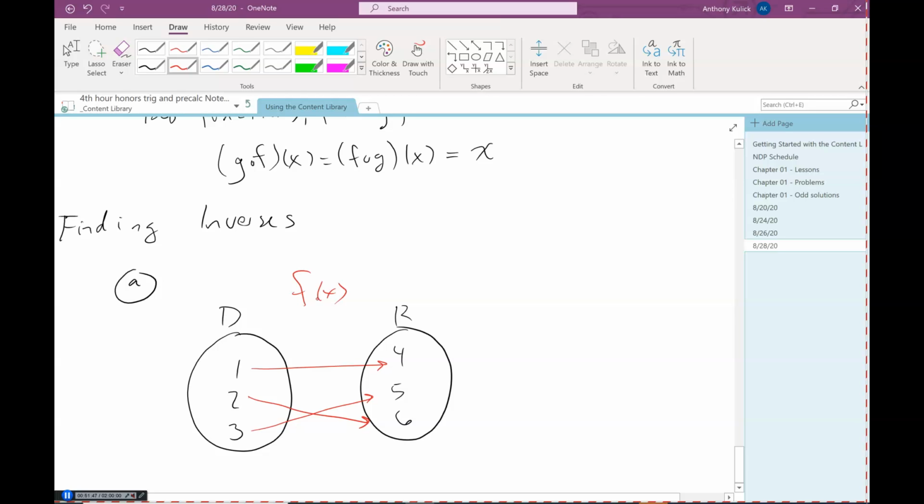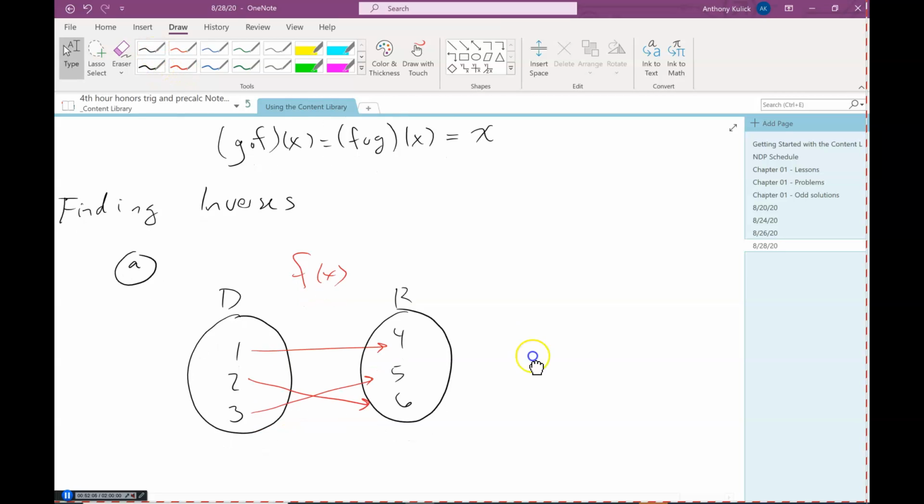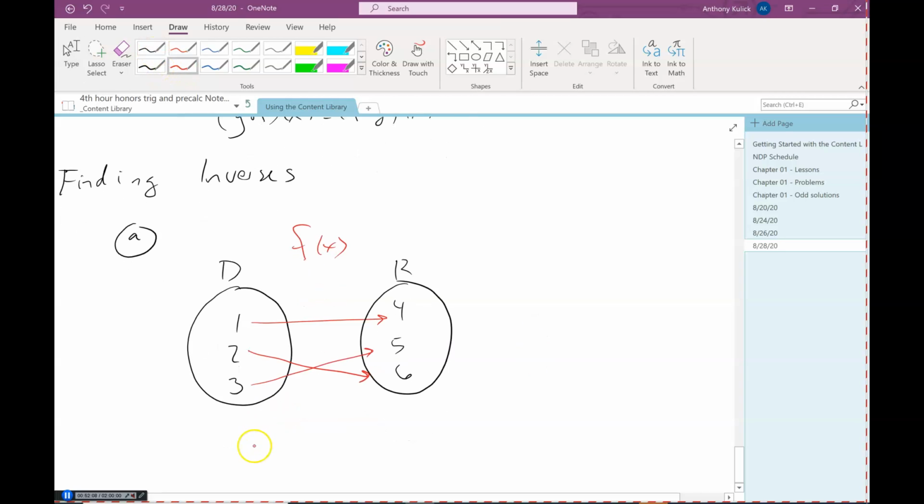Number one, quickly, how can I look at this mapping diagram and tell that f is a function? Good. So all the x's are used, right? And they all just go to a single location, right? No x is going to multiple places. So if I wanted to find the inverse then,